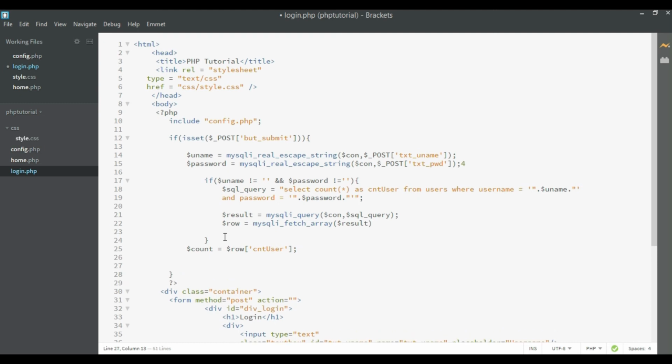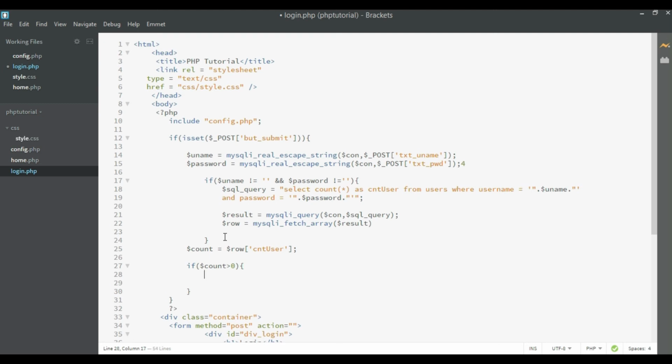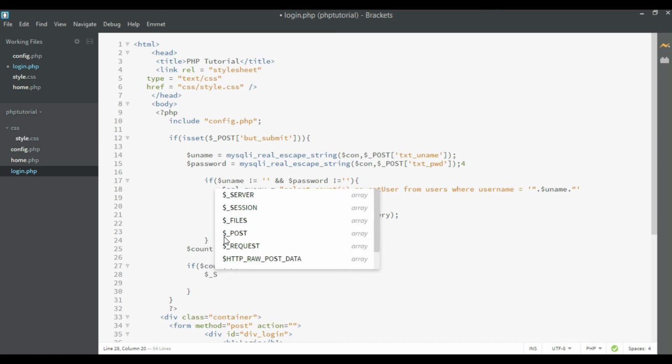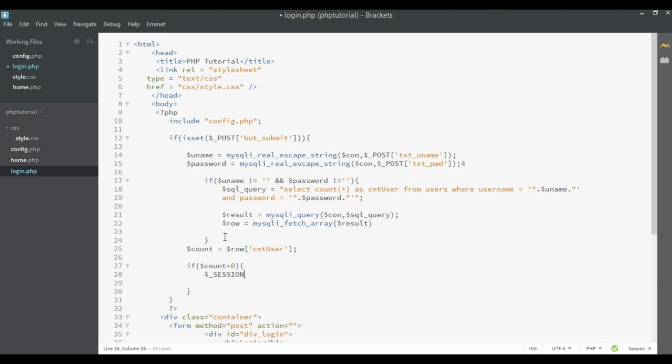Now I am checking with an if statement. If count is greater than 0, in that we're going to check first, assigning the session uname session variable and assigning the username variable which we have posted the value. Okay,